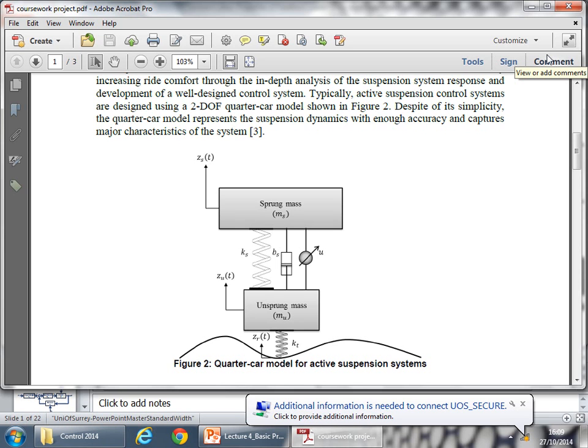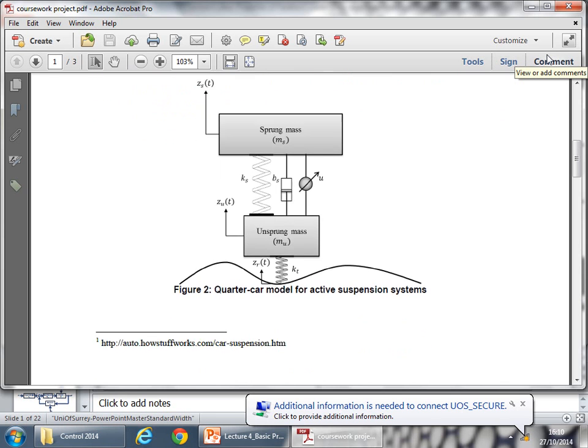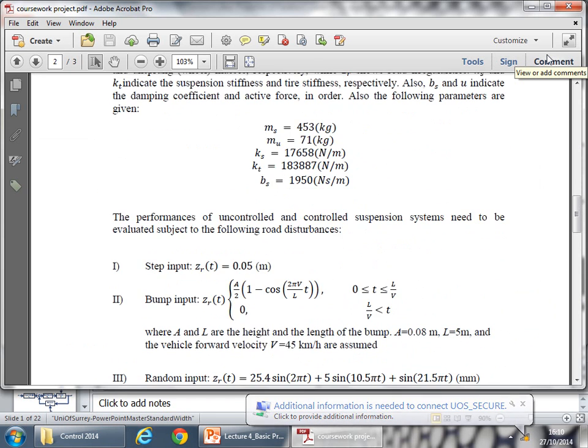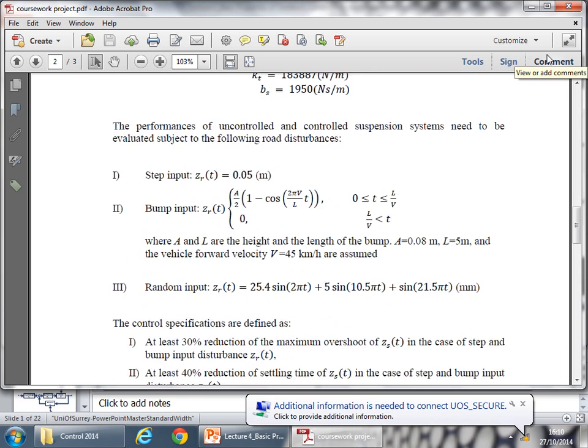What we want to do is design a proper control force U in order to improve the performance of this 2 degree of freedom system. The input to the system, or disturbance to the system, is the road profile, ZR. So you need to design a controller such that, for 3 types of inputs, a step input, a bump input, and 1 random input, to achieve